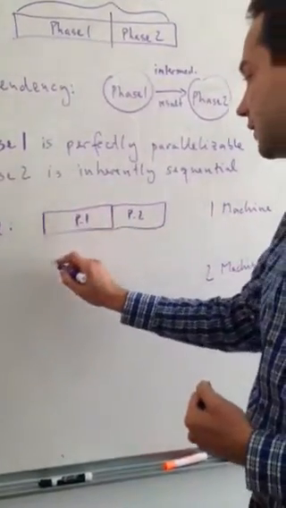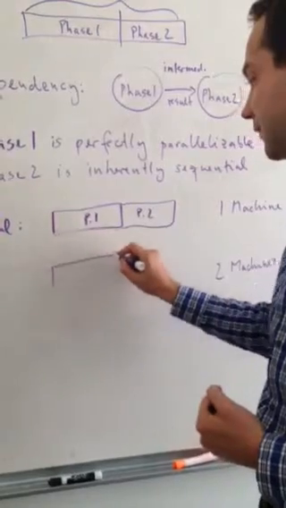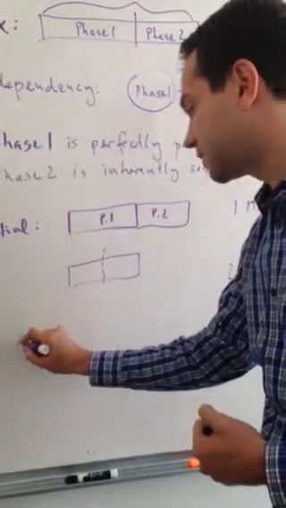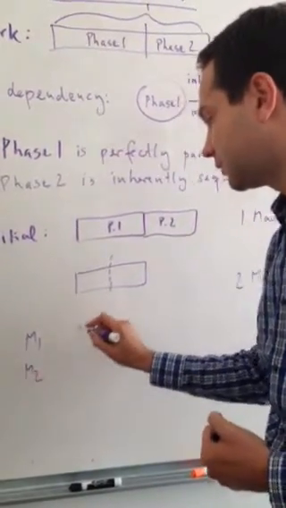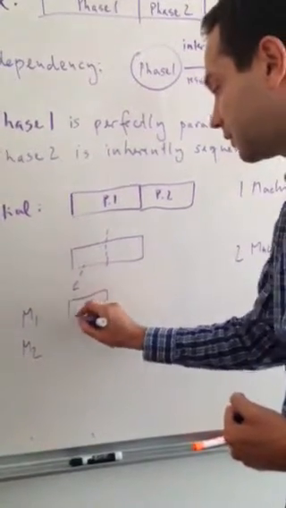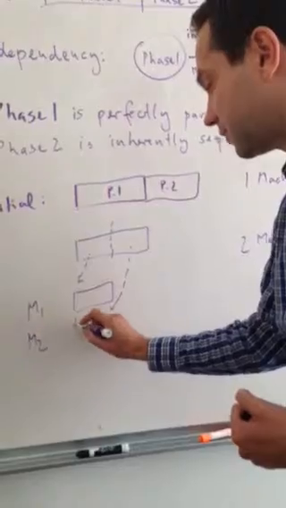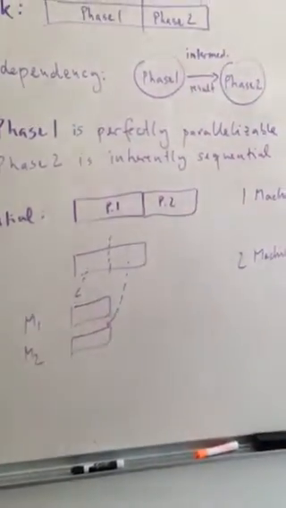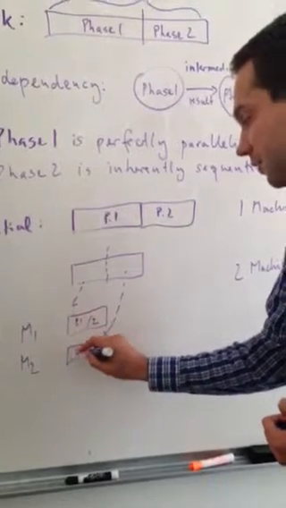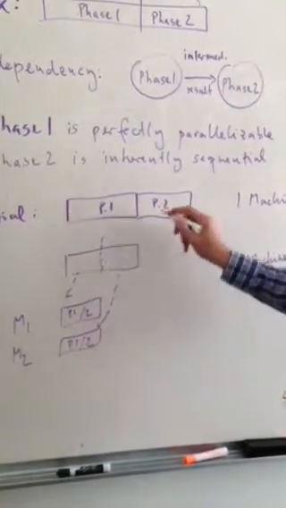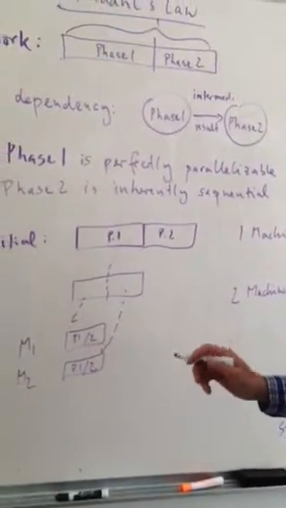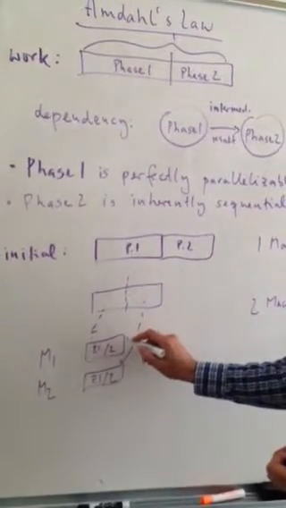So what I would like to do is something like this, where phase 1 gets cut into two pieces, and now if I look at my machines, machine 1, machine 2, one of these goes to this machine, the other one goes to the other machine. They're both perfectly balanced, same size, so this is P1 halves, P1 halves. But then we have to still run phase 2. So that one, it doesn't really matter on which machine it runs. It runs on one of the two, so we can either add it just to one of the two, wherever